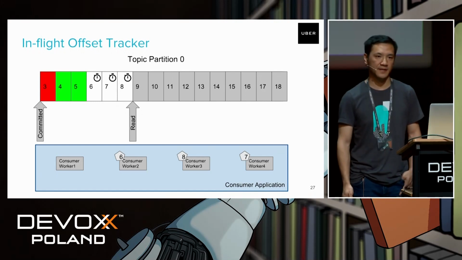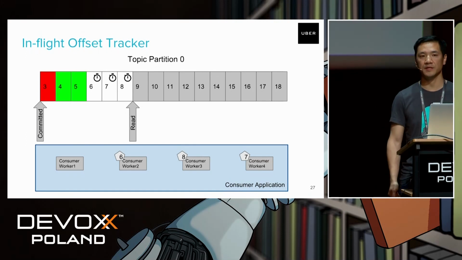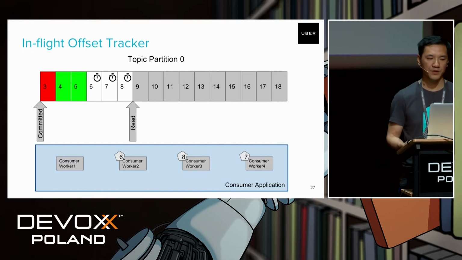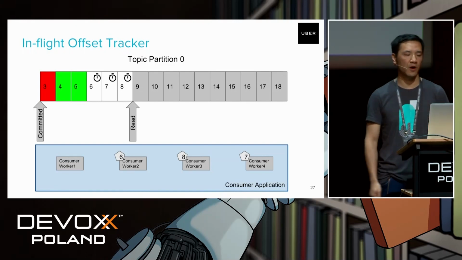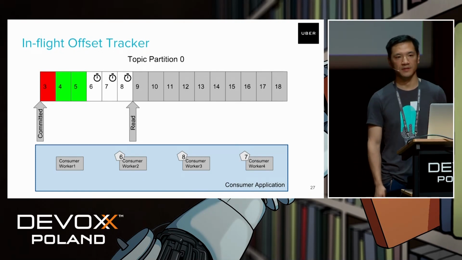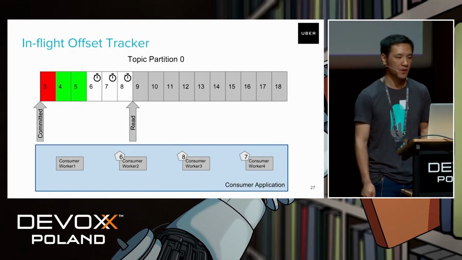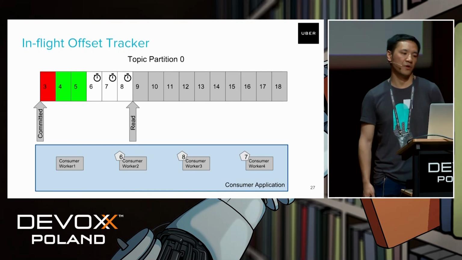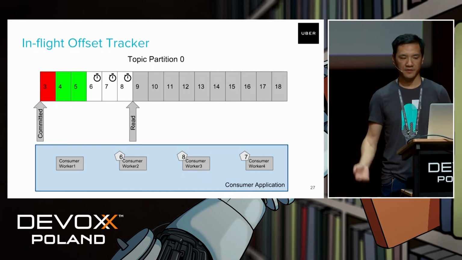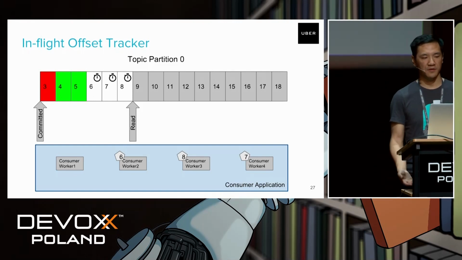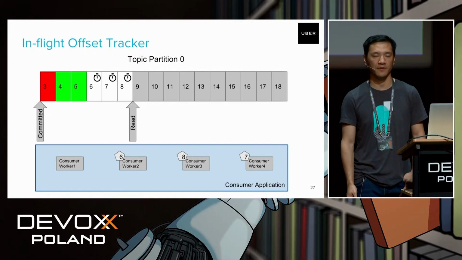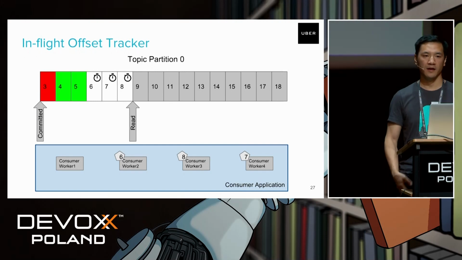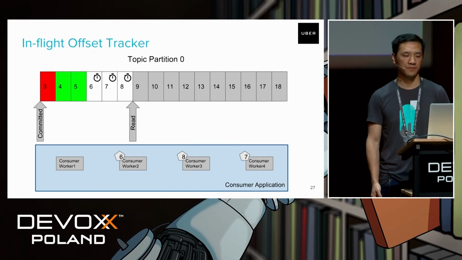But what do we do for the offset checkpoint? We cannot simply commit offset 5 to Kafka. We should make sure we handle offset 3 properly, such that we don't lose this message. We need to provide an at-least-once guarantee, and we also want to minimize duplicates. If, say, we only commit offset 3, and then now we restart the consumer, messages 4 and 5 will be redelivered. But that's not what we want, because 4 and 5 are already acknowledged. We don't want to redeliver these 2 messages back to the consumer.